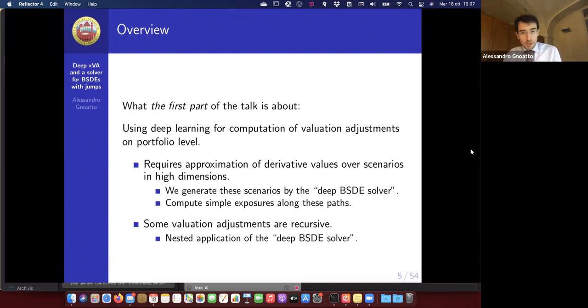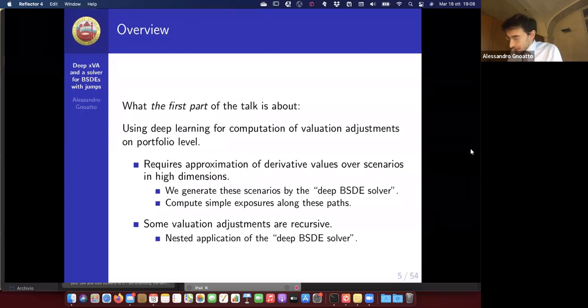The computation of these valuation adjustments is quite involved, and essentially they require you to know the whole evolution of a certain contingent claim. So you don't just need the conditional expectation at time 0, you really need to know how your contingent claim is evolving over time and over omega. Essentially, we need to generate scenarios for the future values of a portfolio of contingent claims.